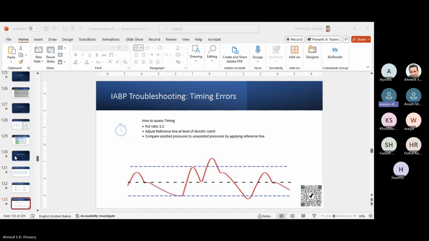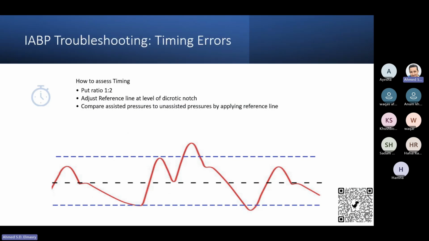Doctor, I have a question. Can we use the internal mode during a CPR with the IABP? One of the uses of the internal mode is if the patient is having asystole. So we can set the rate up to 80, but usually the internal mode is used during bypass. But using the internal mode during the CPR,